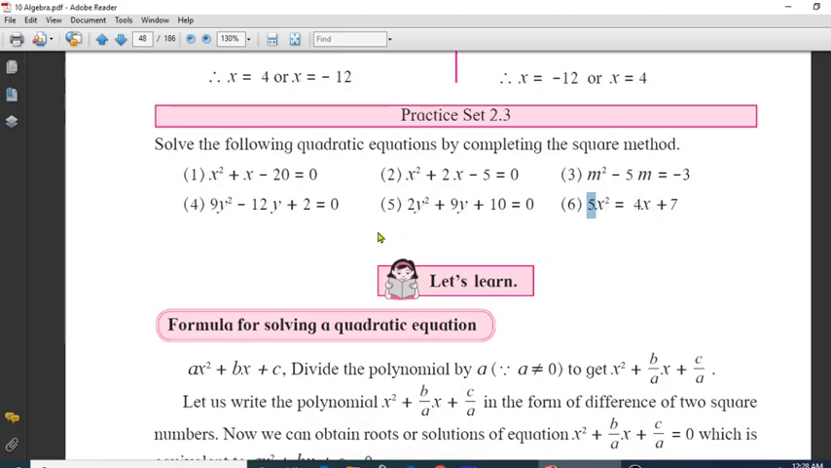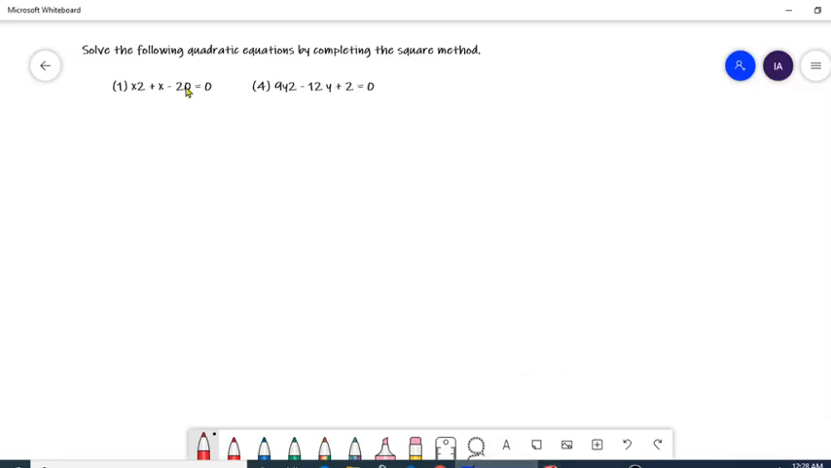Now, I am taking these two questions. Question number 1. So this is my question number 1. x square plus x minus 20 is 0. So what I'll do, first I'll compare the given equation with standard form, and standard form is ax square plus bx plus c equals to 0. If your question is in this form, then you can write it as